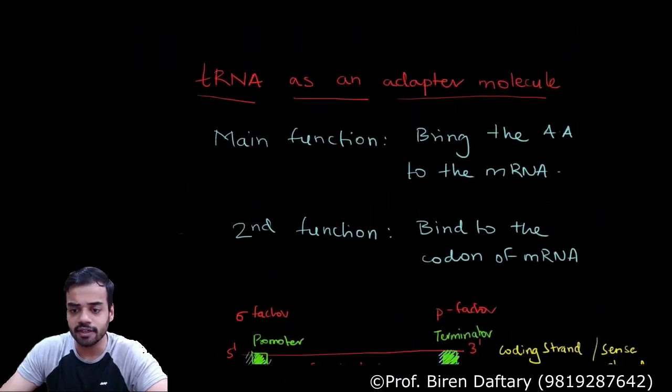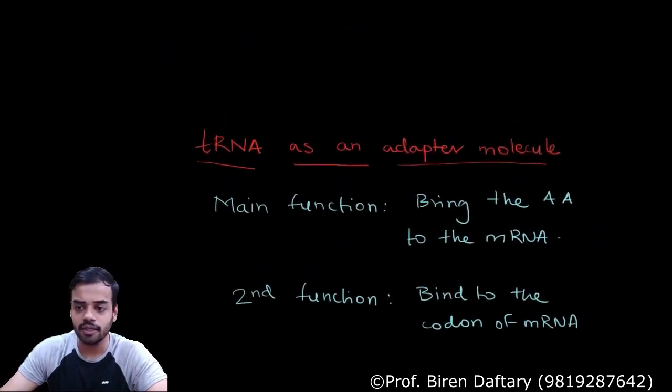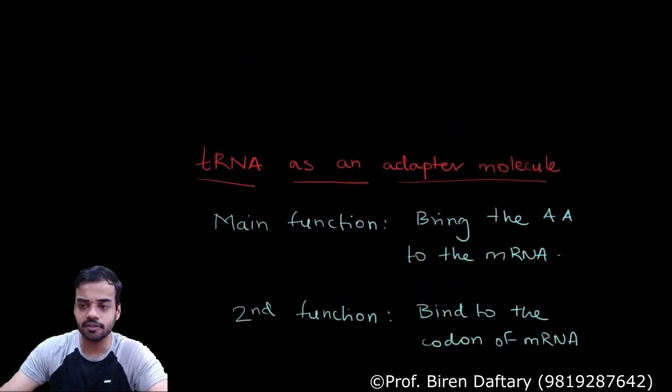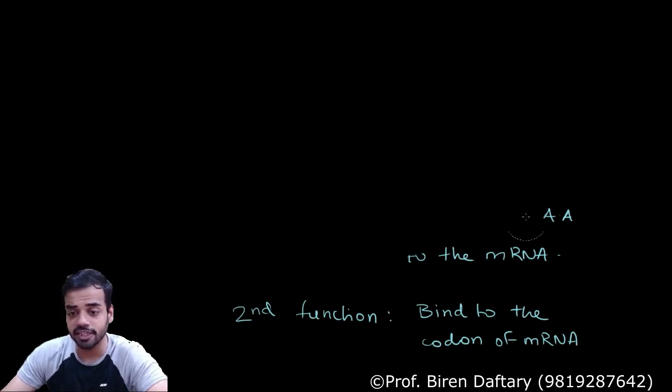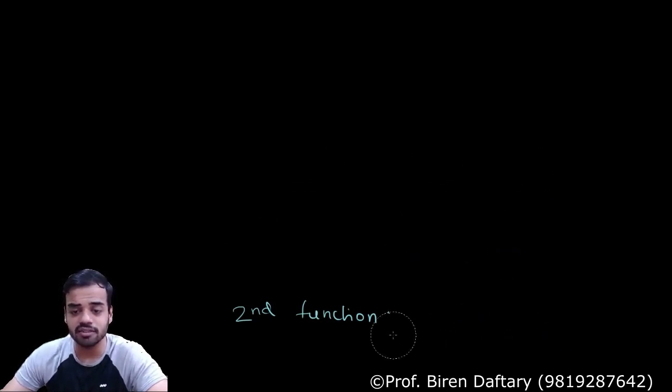Okay. So we have done that. Now let me do one thing. Let me rub this initial part off. Now let us come to the next part, which is, let us revise the next part, which is about the genetic code. So what is the genetic code? The genetic code is basically the sequence which is present on your mRNA, correct?